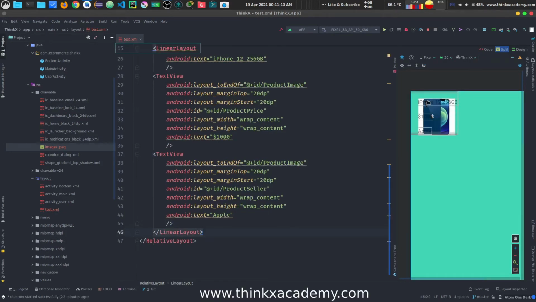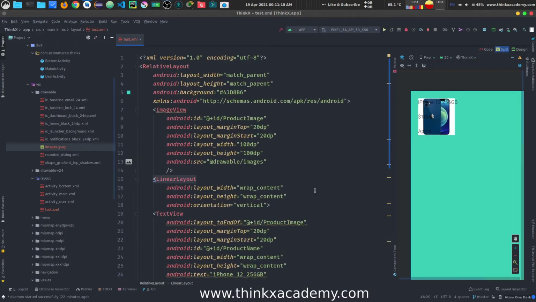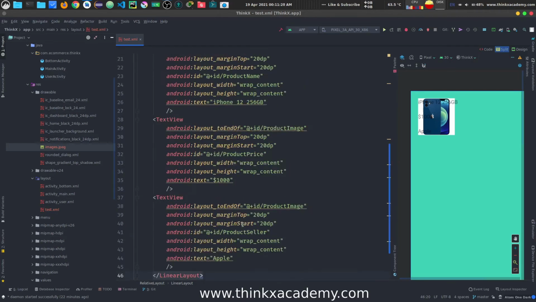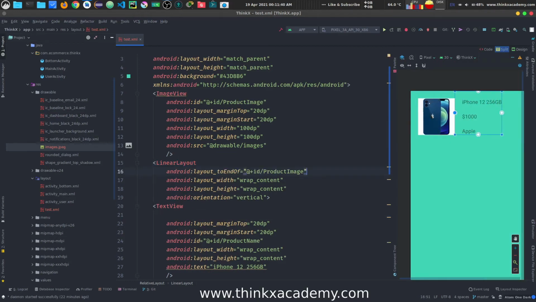So now you can see they are actually aligned like this. Here you can see that, right? Now it is actually showing up here. So what I need to do here is, on the top we have the linear layout. Sorry, here is the closing tag of the linear layout. So the first thing is you can do something like this, and in linear layout what you can do is, you can specify that this linear layout should come to the end of this image, right? So now you can see clearly how this is shown. So this whole linear layout is coming at the end of this image. So that's what we have achieved.